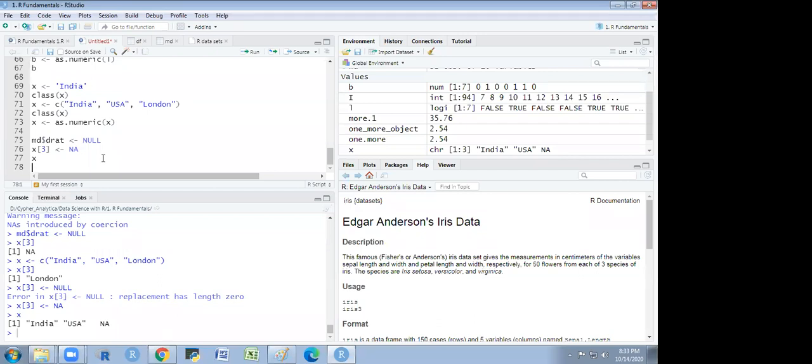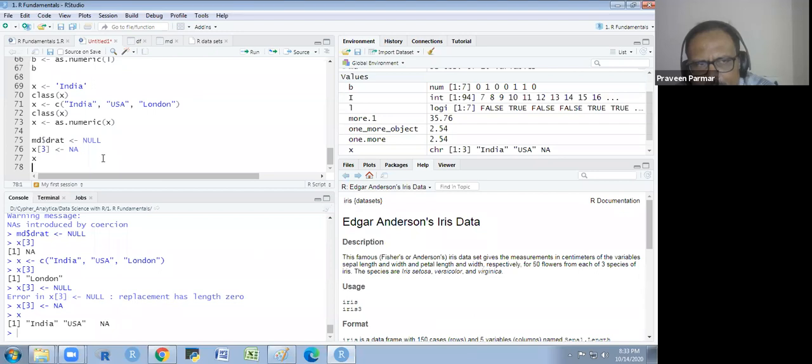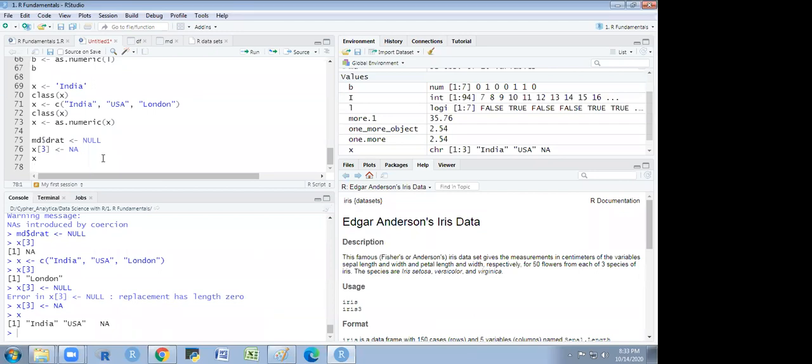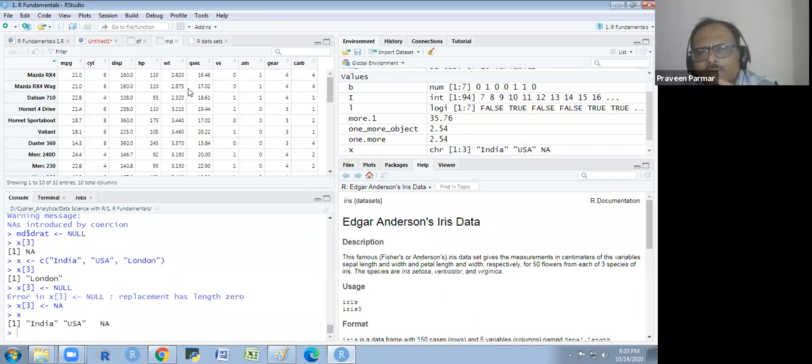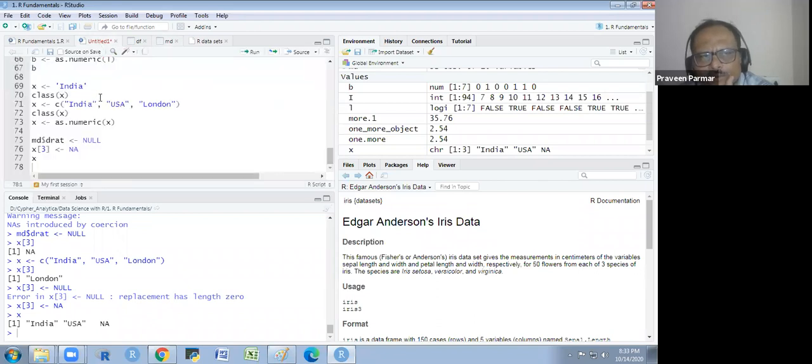I thought the null is to remove the column draft. The column dot, no? No, we could not use NA for the dropping for the column. It is for the cell only you could use.